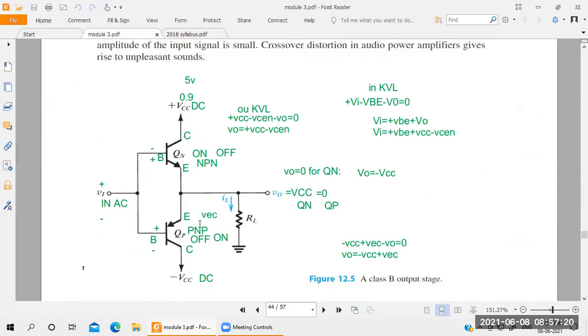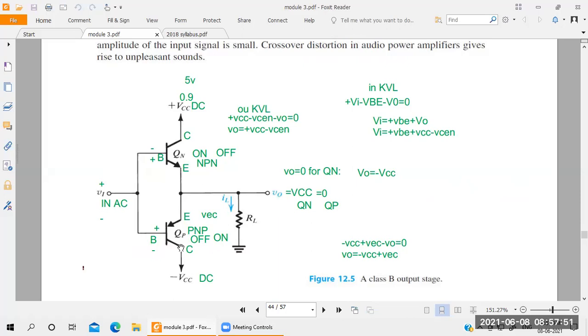In an NPN transistor the majority carriers are electrons. PNP means the majority carriers are holes. So here the holes are very good for negative voltage. Holes carry the negative voltage. Electrons carry the positive voltage. Understood? Remember this one: holes are responsible for the negative voltage, electrons are responsible for the positive voltage. Already we discussed this in third semester, right?